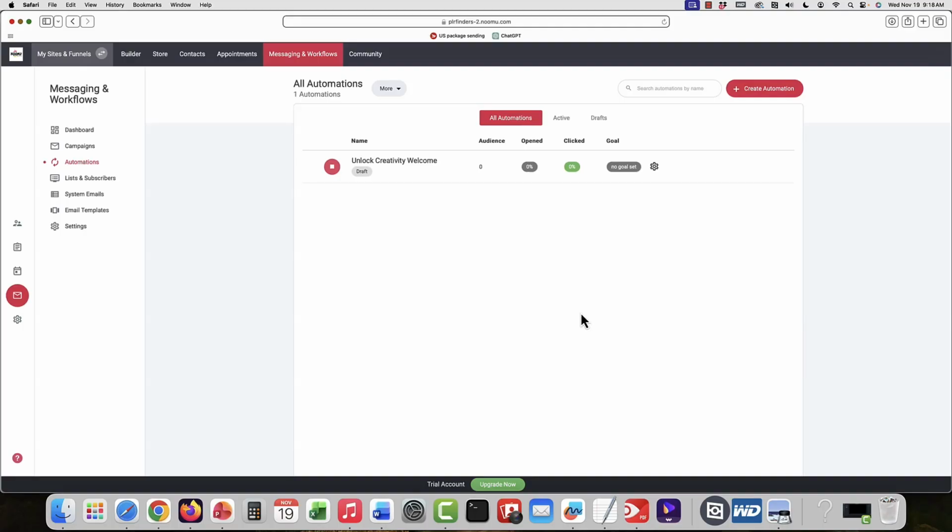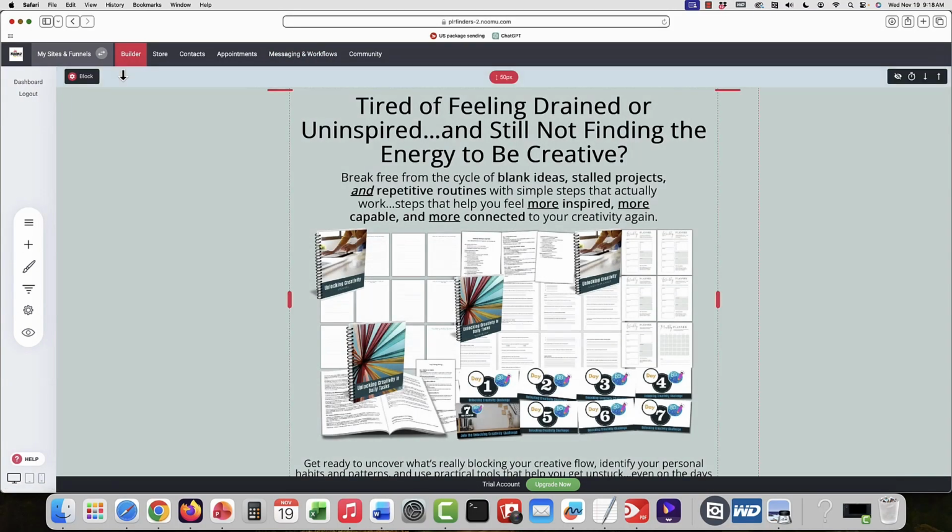Now, if you already have a Noomu website and you want to move this funnel into your website, you absolutely can. You will have to just do a couple things. You will need to put the product back into the store, and you will also need to redo that quick email automation. But it's a good idea to put it into your website because it will connect with all your other contacts. Everything will be in sync together